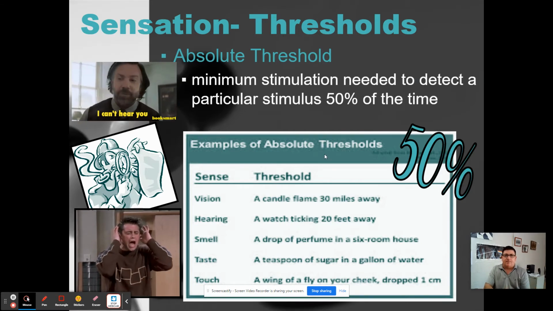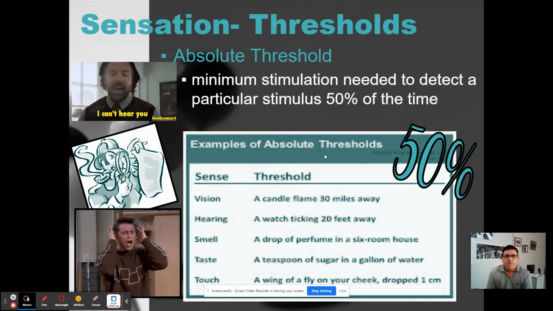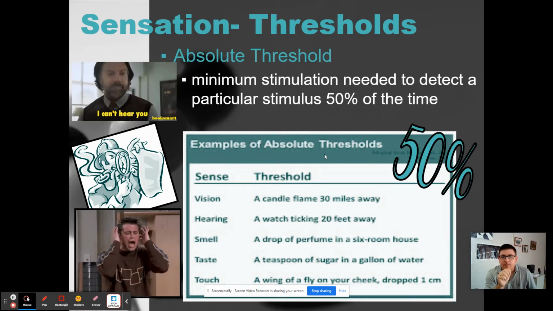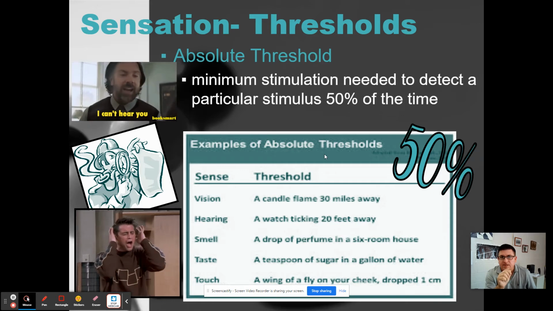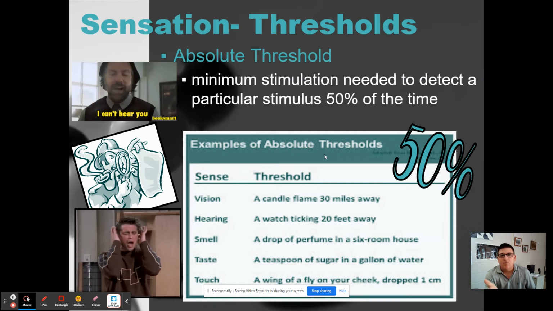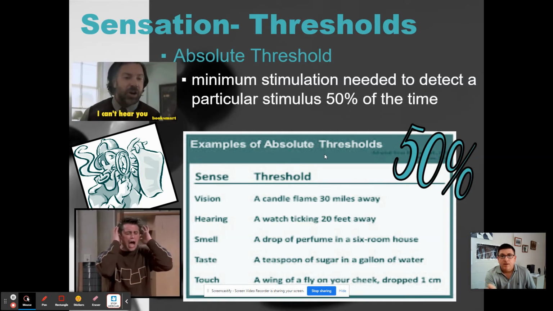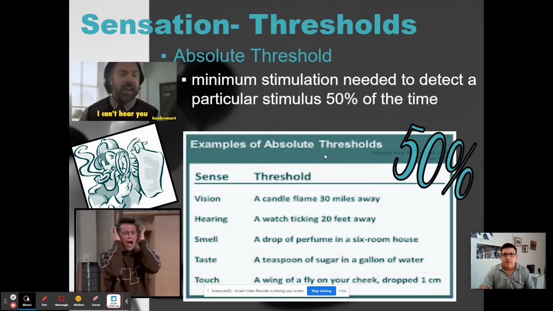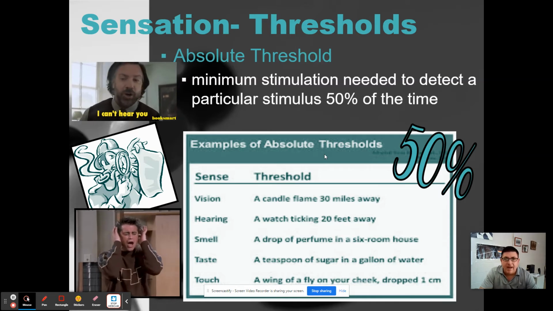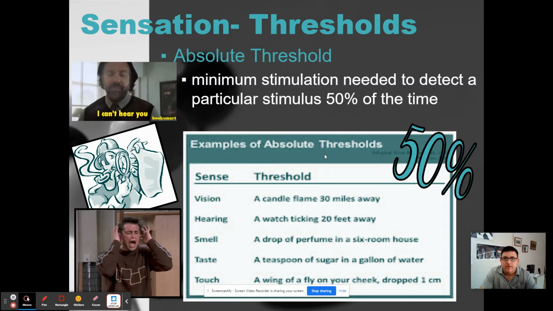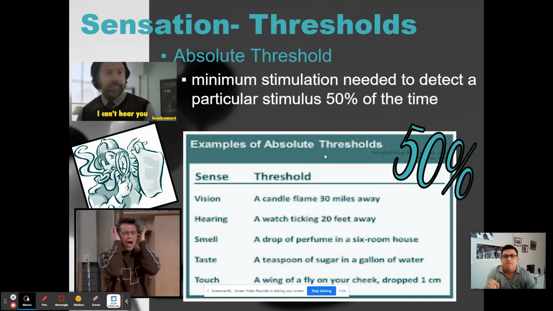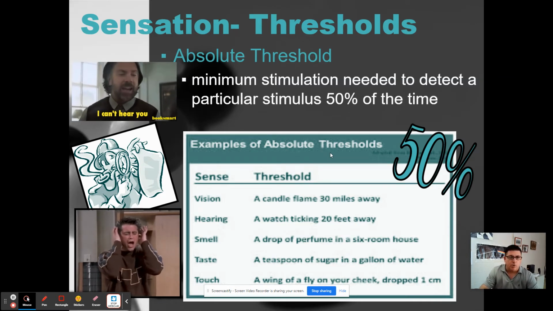Now I'm going to give you a better example. If you're in a dark room and you had the ability to dim the light on your phone to an amount so you couldn't see it anymore, that light would still be on your phone, but because of your distance and being in a dark room, you might not be able to see that light because the absolute threshold has not been met. Same thing if you're in an empty room with some sound and you turn the volume up to half of 1%, you may not be able to hear it. You can't hear it because the absolute threshold has not been met. Make sense? Good. Joey can hear it.